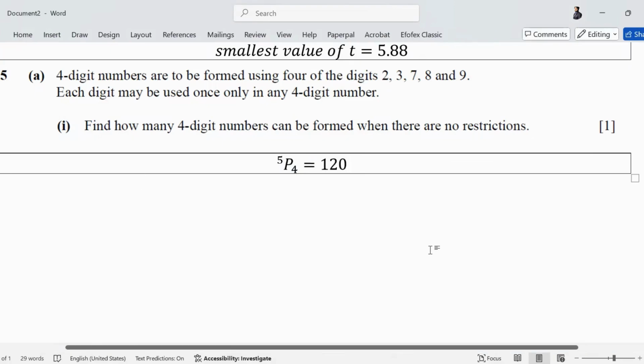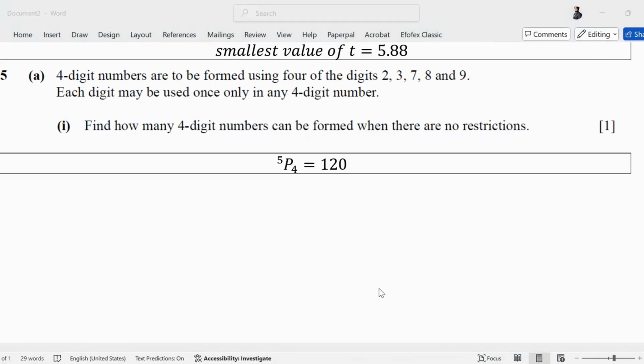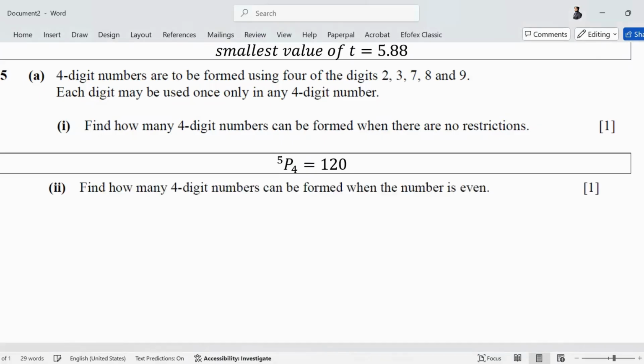So there are a total of 124 four-digit numbers that can be formed. Moving on to part 2. Find how many 4-digit numbers can be formed when the number is even. Now, in order for the number to be even,